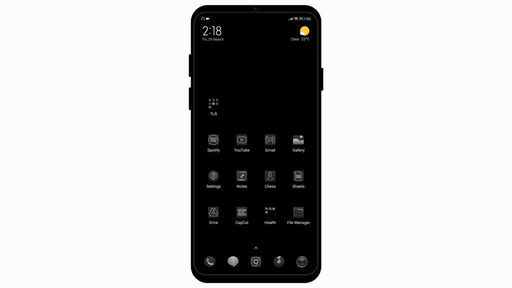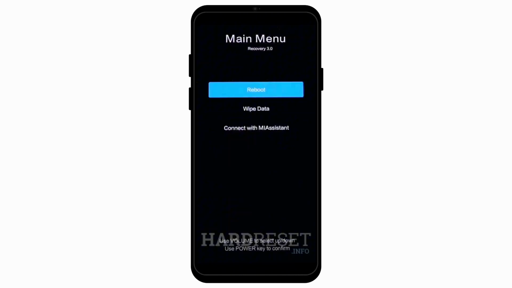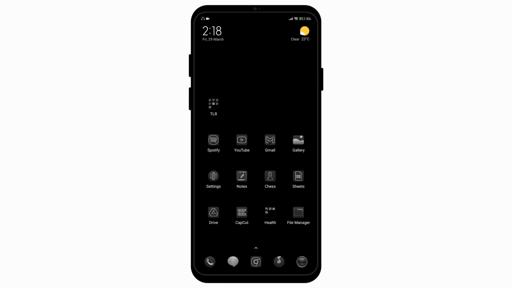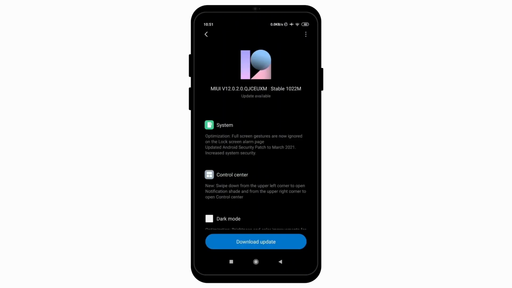So first of all, what you have to do is press all of the buttons on your mobile device, which means the volume up button, the volume down button and the lock button. If you press them simultaneously, a menu like this one will open up. Here you have to select the option for wipe data and that will solve your problem. If it doesn't, you can also go to the option for system updates and then you can download the update